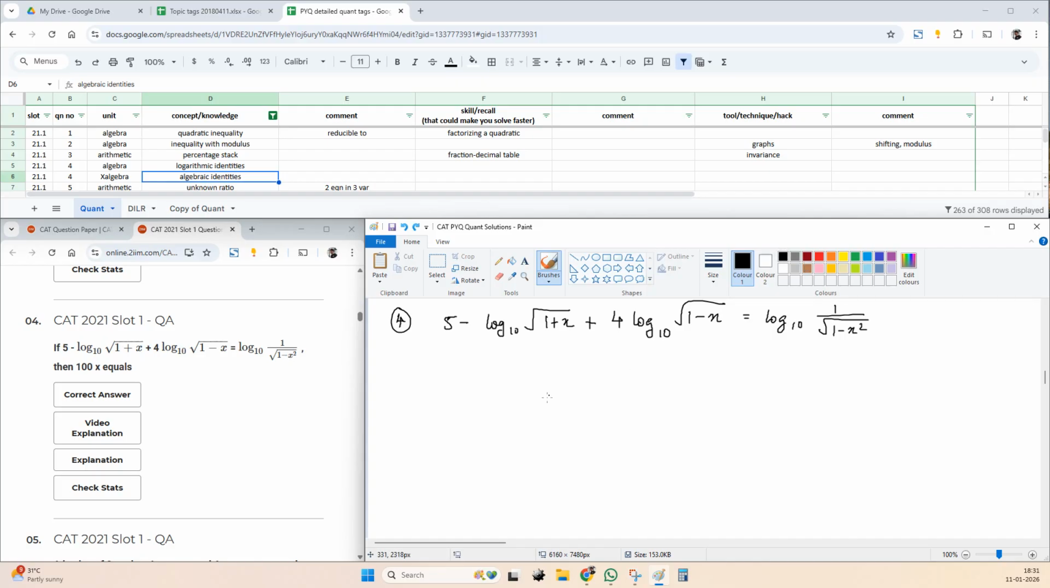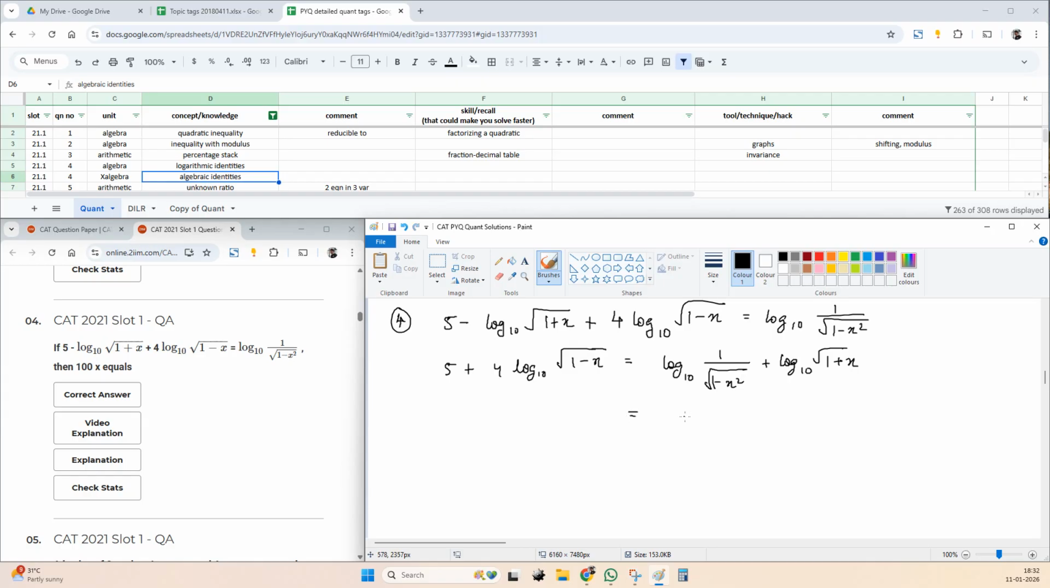So what you can do is you can take this and transpose it to the other side, and you will end up with 5 plus 4 log to the base 10 root 1 minus x on the LHS. On the RHS, you have log to the base 10 1 by root 1 minus x square plus log to the base 10 root 1 plus x. Now you have a log a plus log b situation. That's a known logarithmic identity,